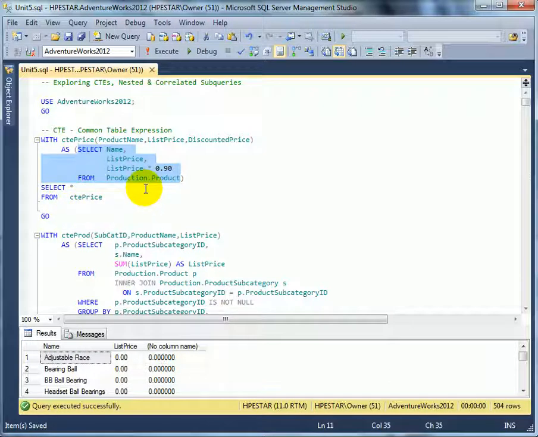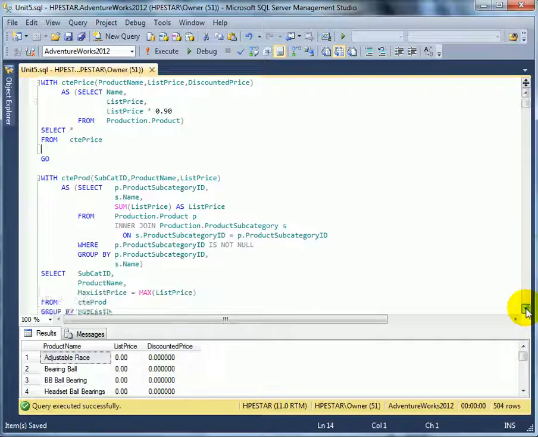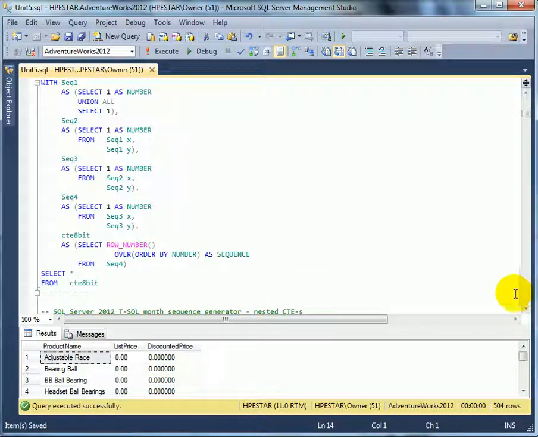The CTEs can be nested and/or used in the main query. In this case, this is the main query. We only use it in the main query. We can redefine the result list from the select, execute. Let's execute the next